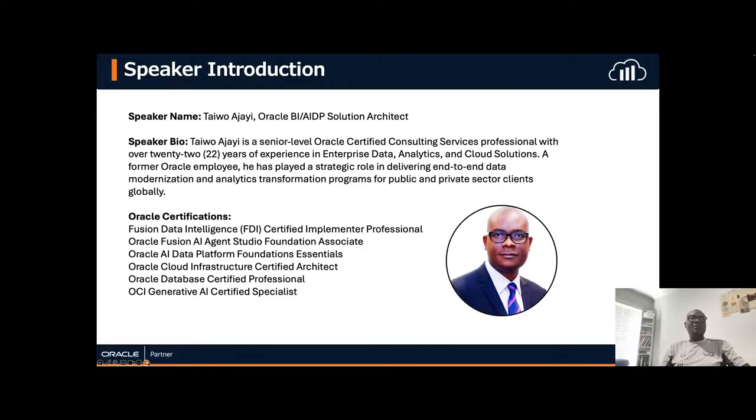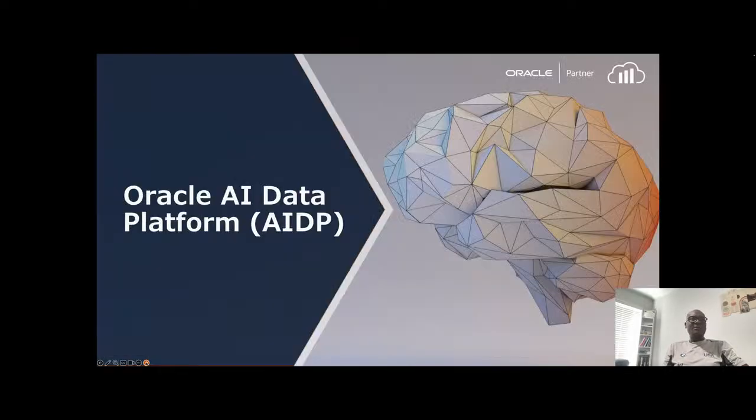I used to work for Oracle and I've consulted for several organizations globally across several industries, in which I've been able to transform analytics solutions for both the private and public sectors as well. A few of my certifications are shown here, including the AIDP and Oracle AI Agent. Because of time, let's go straight into the solution.